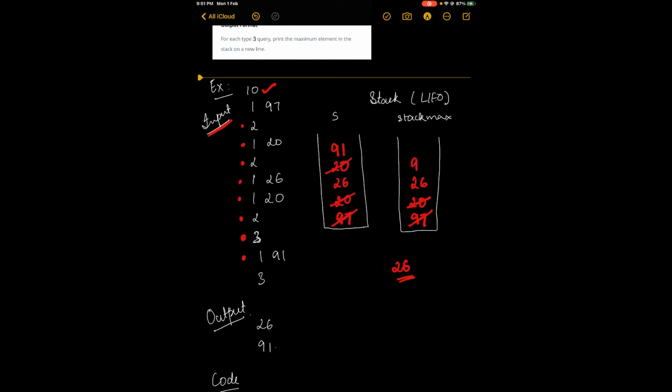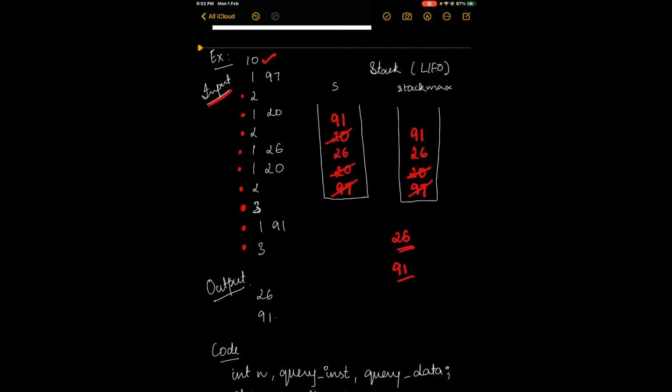Since 91 is greater than 26, that will also be pushed into the stack. And lastly, print the maximum value. So again, looking at stack max, 91 is the topmost element, and that is what should be printed. So 26 and 91 are the two outputs, and that is what is desired.